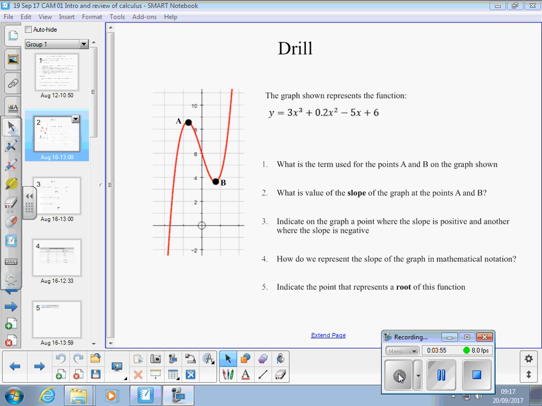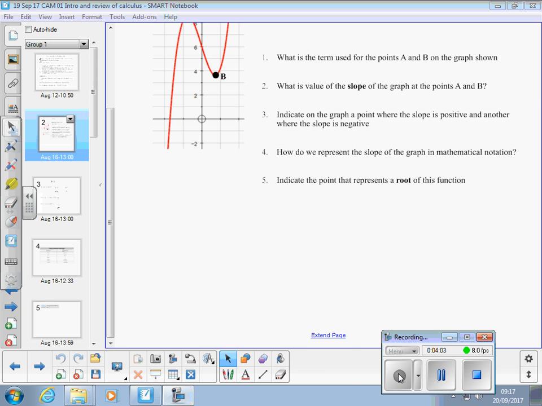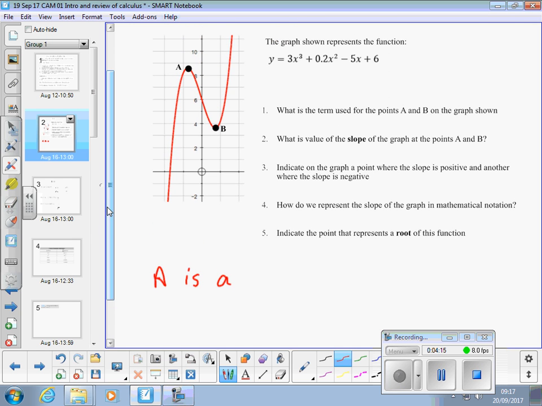Right guys, let's have a look at this. What term is used for the points A and B on the graph? A is A. Yeah, you could argue that there's a point of inflection, I suppose. Not really, I would say no. Point of inflection goes like that. This one goes